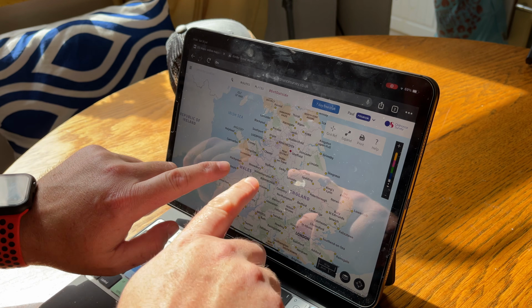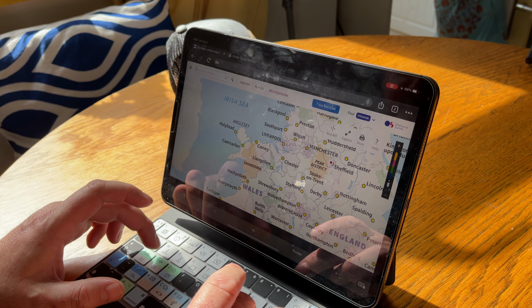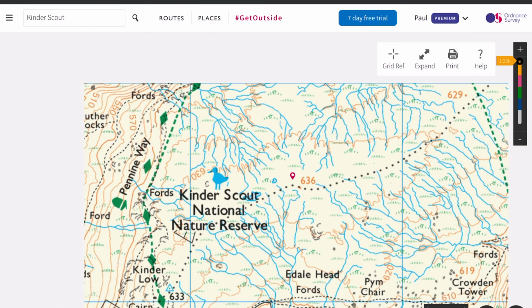Right, so I've got a rough area where I'm going to be able to pitch up tonight, and I've got somewhere where we'll be parking the car, but yeah, I'll be catching the train in this instance. So next up I will be planning my route using OS Maps. So it's a similar sort of process to finding a location. So I'm going to type in Kinder Scout,